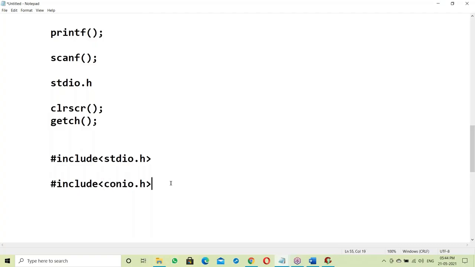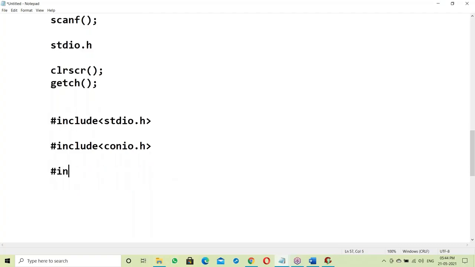Suppose there are mathematical functions like sin, cos, tan, absolute and square root functions. In that case, we should go for hash include math.h. The stdio.h header file contains all input output related functions.